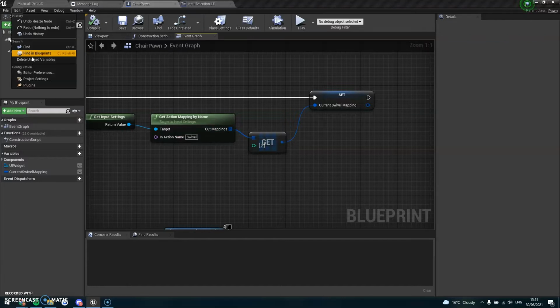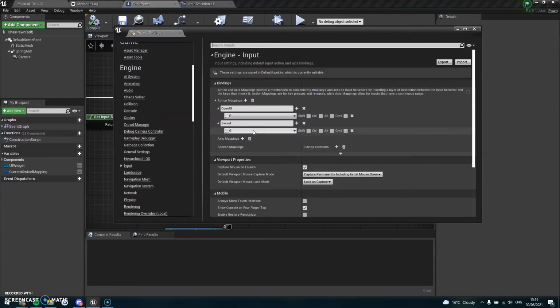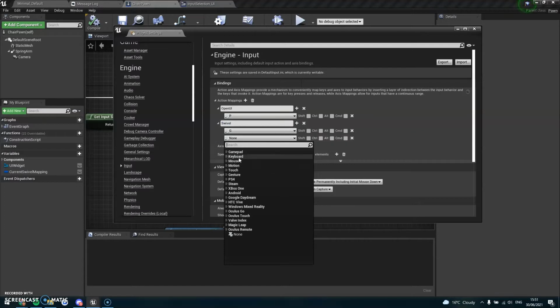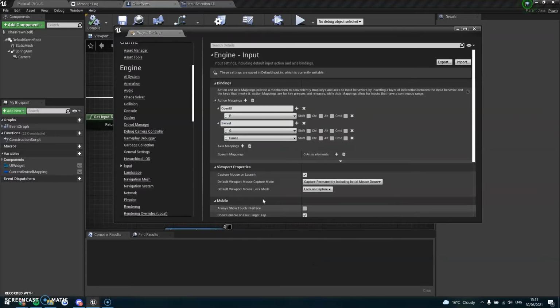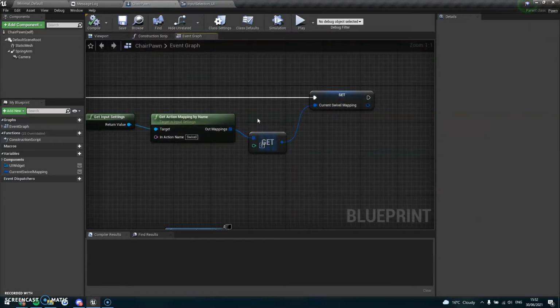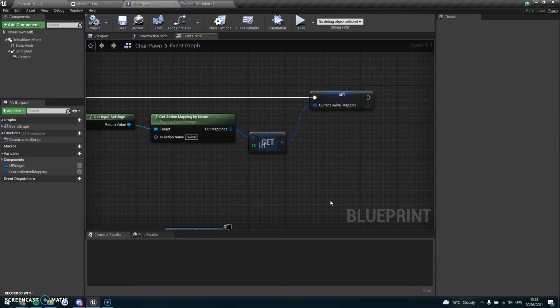So in essence, it will go into input settings, look for the swivel name, and then return this list of actions. You can imagine there may be multiple keys that can be used to trigger this swivel action. But for now, let's just keep it at G. And so it will just return you that list, which is encapsulated in the data structure input action key map. And so what we're doing here is just storing that so that when we